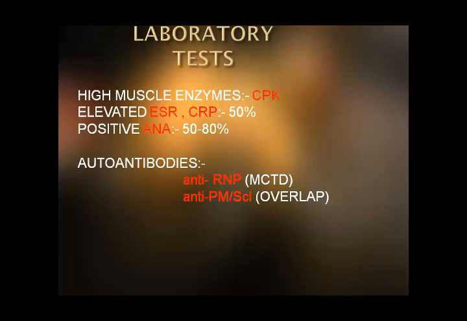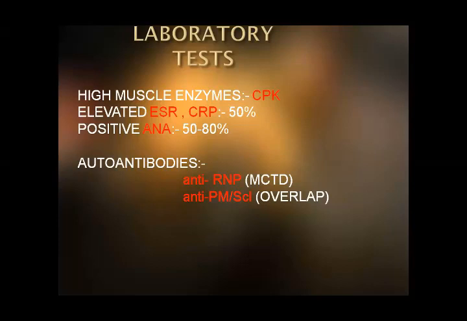As we told you, muscle inflammation and progressive damage of the muscle will be reflected by high muscle enzymes, especially CPK. CPK, aldolase, all muscle enzymes are raised. And the acute inflammatory response may be reflected by high ESR, CRP, and ANA is positive in 50 to 80% of patients. If we go for autoantibodies, that is anti-ribonucleoprotein antibody, which is seen in mixed connective tissue disease, and